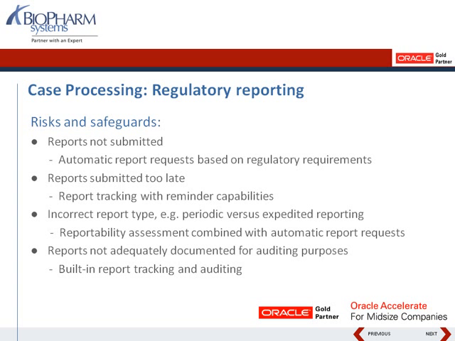availability of the approver. Incorrect report types: not sending an expedited report, but incorporating a case in a periodic report instead, which could have something to do with the reportability assessment. It could be, for example, that a reporter might have missed one of the FDA always serious terms. Or a reporter might simply have missed the fact that there happens to be this one country where this case needs to be reported. So the combination of proper reportability assessment with having automatic report requests can help mitigate this